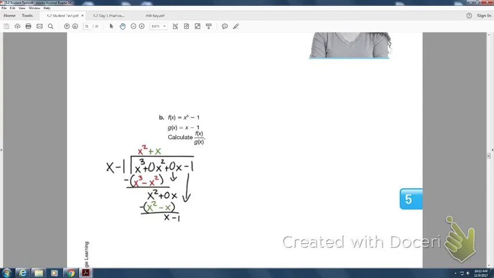X divided by x is what? Plus 1. Then whenever I multiply that, opposite the operations, I get that. Okay, now I'm going to